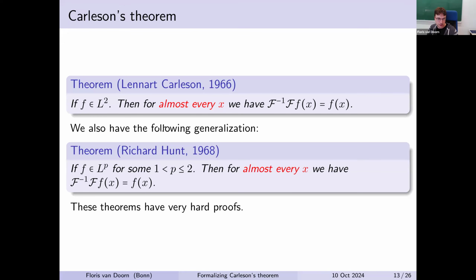A function fails to be LP if it has very large peaks, and then in the interval where that peak is, the function is not integrable. And for peaks, it holds that the higher the p is, the harder it is to be LP, because if you take a large number and take it to a large power, it will get even larger.